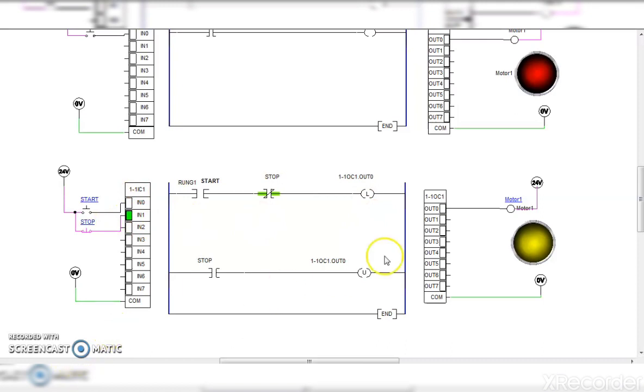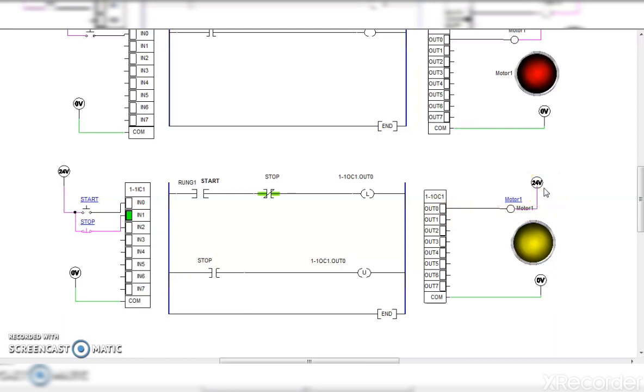In the second diagram, the latching coil is shown. Here two coils are there, one is the latch coil and another is the unlatch coil. The start switch is used for starting the motor and the stop switch is used for stopping it. The start switch is used in AND with the stop switch, and whenever it is started, it will latch out 0. To latch out 0 means though the start switch is released, out 0 will remain latched, meaning it will be continuously on and the motor will be continuously on.